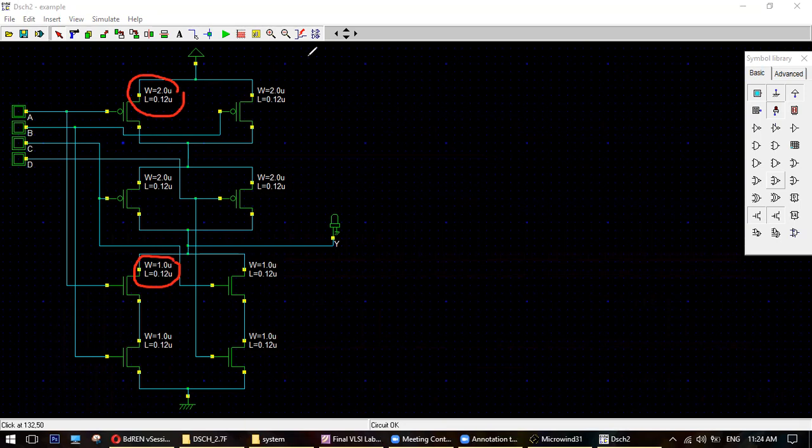So 1:2 because it is for what? It is for a NOT gate, right? But in this case, our sizing is what? Our sizing is 2244, right? So let's make it 2.